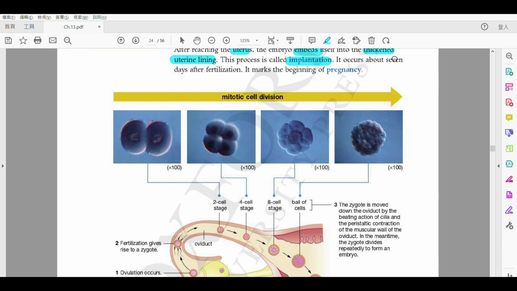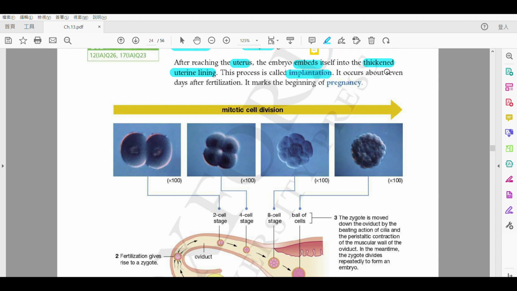It occurs about 7 days，大概7日嘅日子啦。And once it is embedded，當佢一進行咗呢個 implantation 之後咧，this means pregnancy takes place。呢個係一個啱啱開始嘅 pregnancy 嚟嘅。